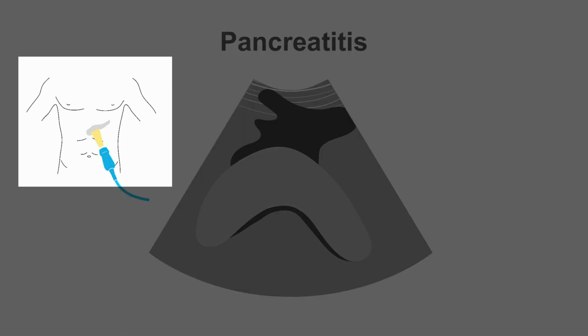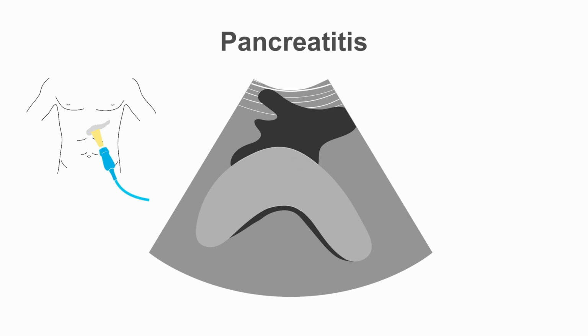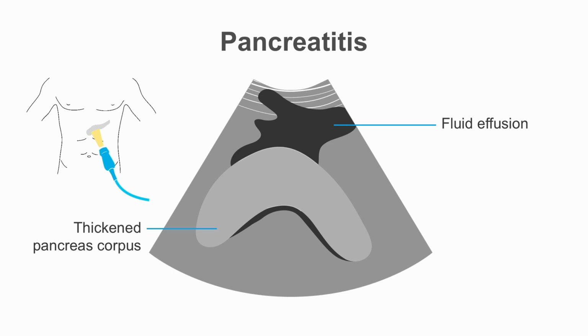We will use a cross-section on the epigastrium with its typical 30-degree tilt to the cross-section of the body to get a long section view of the pancreas organ. In this illustration, we can see the typical findings for acute pancreatitis: the thickened pancreas organ and the typical peripancreatic